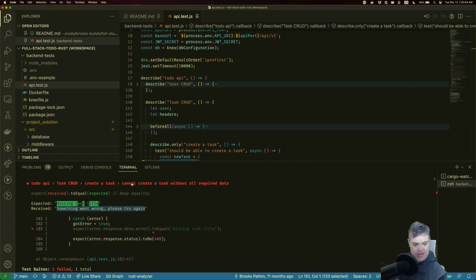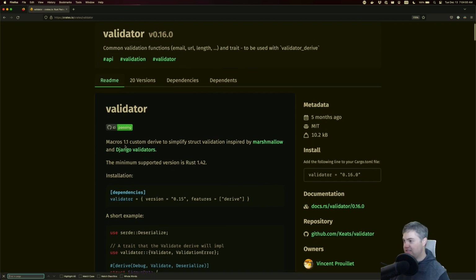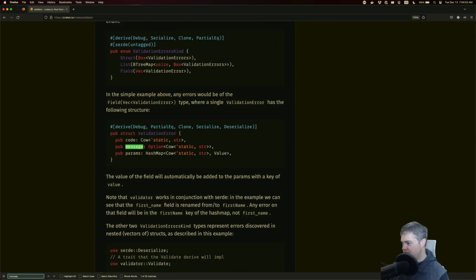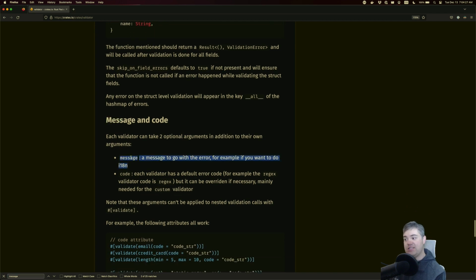Now if we go back, I have the validator open. I believe somewhere in here is something about a custom message. So let's search for message. Okay, validator error has the message in it, so we should be able to get the message. I wonder if we can get a toString out of that. Oh wait, I vaguely remember there was a toString. Message and code. Okay, each validator can take 2 optional arguments in addition to their own arguments. A message to go with the error. Okay, and then a code, but we're not worried about the code. We just want message, which is going to look like,